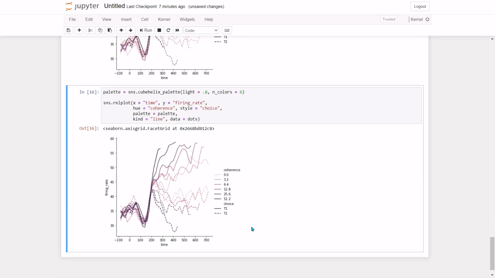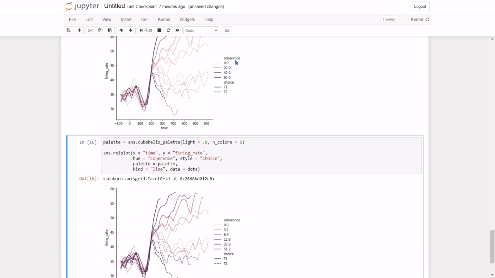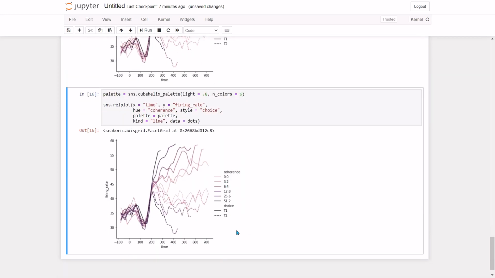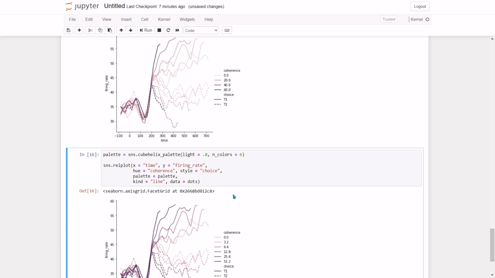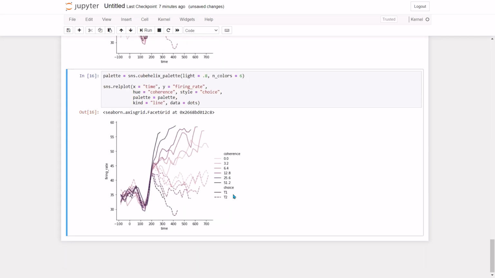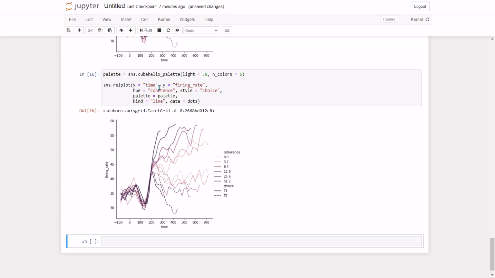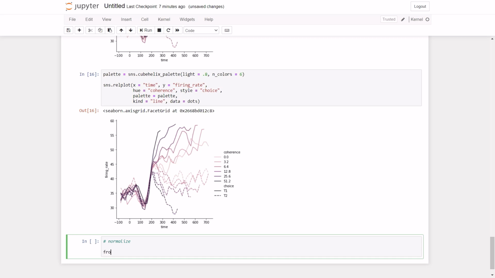And when we run this, you notice that earlier the coherence was 0, 20, 40, and 60, but this time we are able to use the coherence on a numerical scale as per what we decided, right? And you will notice that it looks a little better. These numbers, of course, can be customized as per your need. You can alter how the color map is normalized as well. So if you want to normalize it from matplotlib